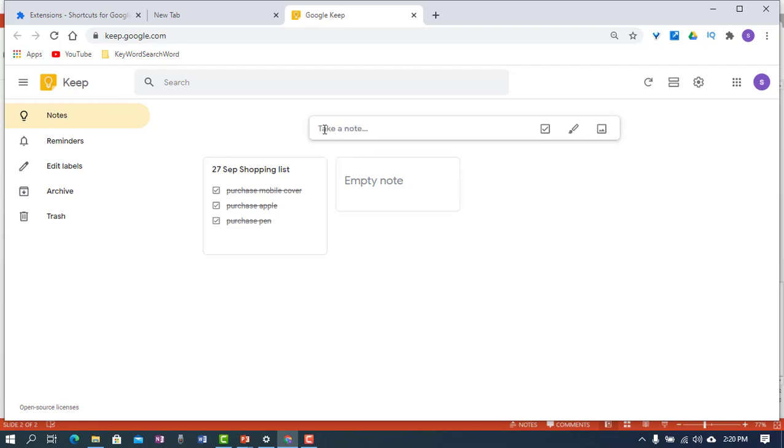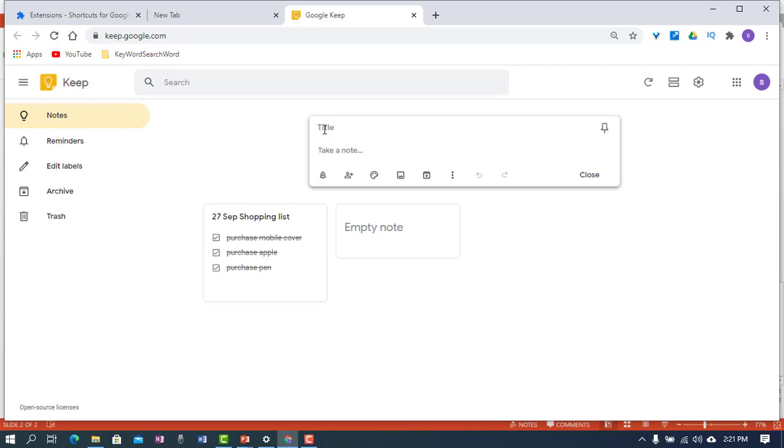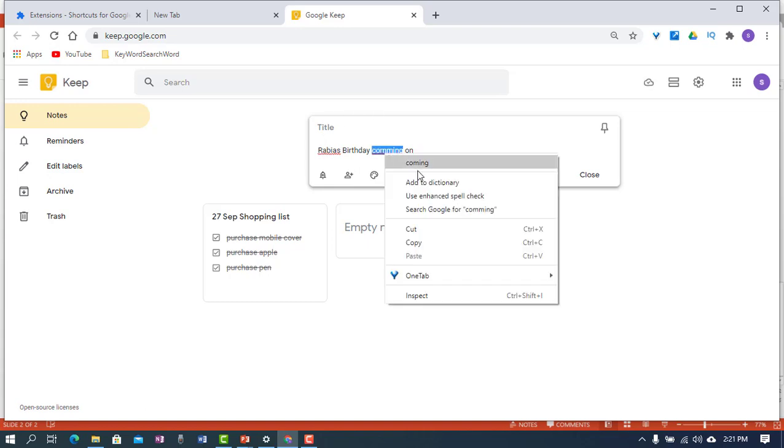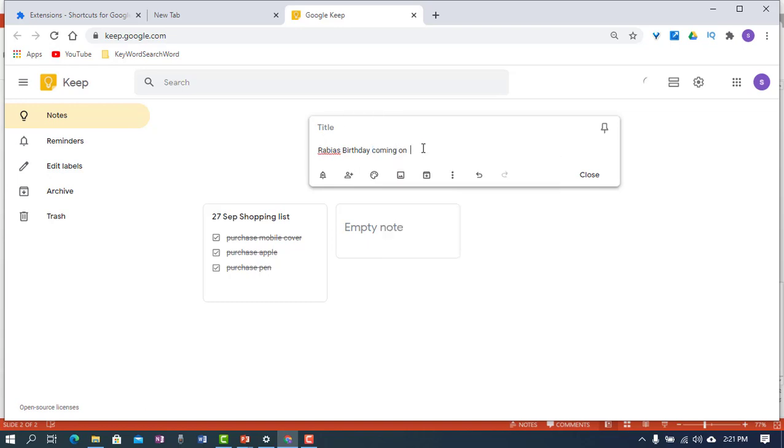For example, I click here and I create a task or note like Rabia's birthday coming on 27th September 2020.